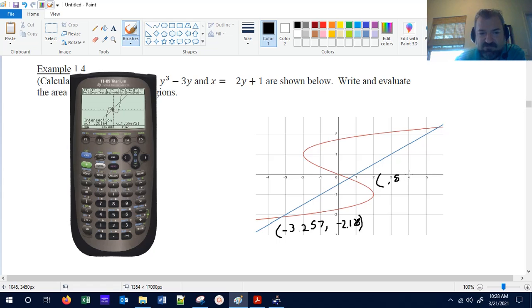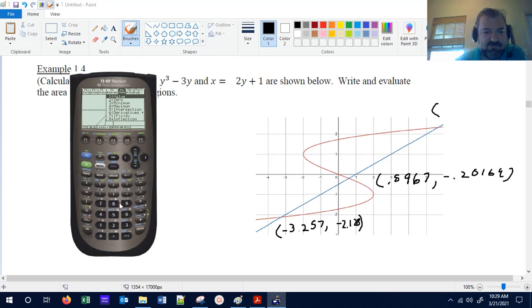I have to tell you the truth, I've never actually seen them do this to you on the AP exam. Usually, if you have to use your graphing calculator for intersections, they're always y as a function of x, but kind of killing two birds with one stone. All right, teaching two topics at once. F5, let's do one more. Again, just toggle. All right, lower bound it's already to the left of this third intersection point. And here we go. So again, remember, these are backwards, as you can see in the graph here, that these line up. 5.6601